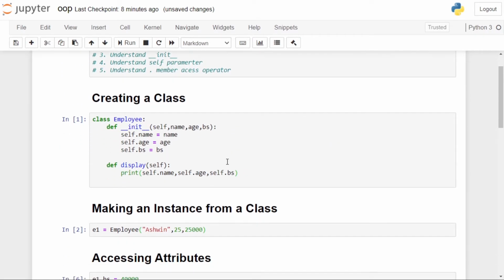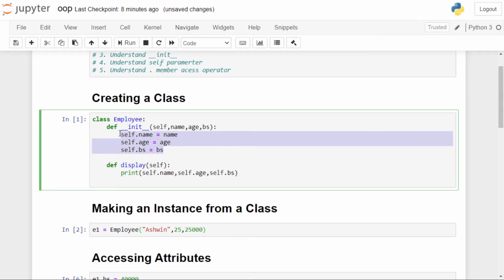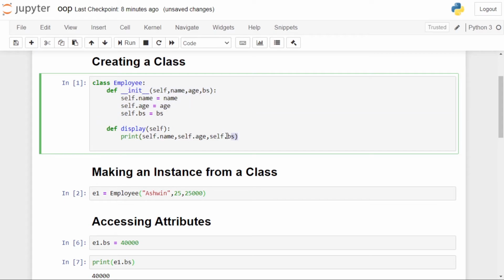We have accessed the members of the class: name, age and basic salary. We want to access the method of the class, or function available inside the class. The init method is called when the object is created and it is called only once. We can call the display method multiple times.